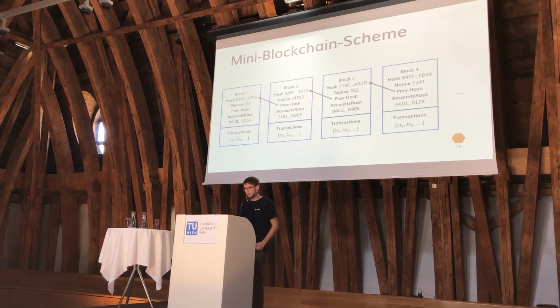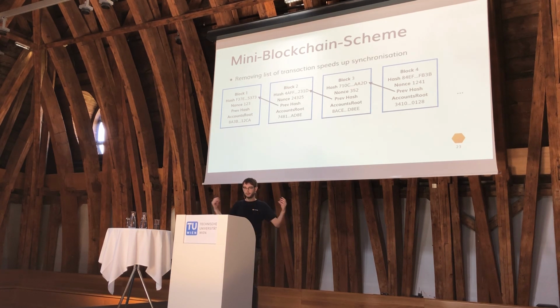Okay, so let's go back to the blocks. Basically you hash this tree, and the top hash is the one that is now part of these blocks. The mini blockchain scheme improves synchronization by leaving out all of the transactions. So you only synchronize the header chain, which should be much shorter, and at the very end you synchronize this tree. So you know all the account balances, and you know that the hash of that corresponds to the hash in the last block, and that should be correct because you synchronized the whole header chain. And that was our very first